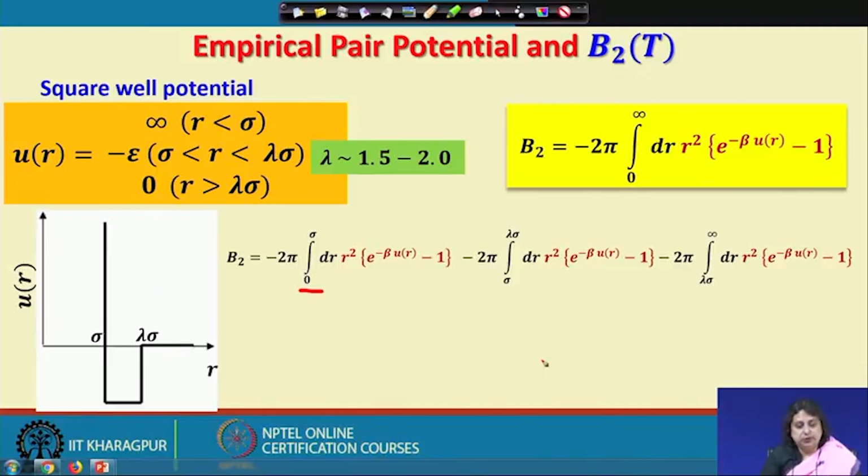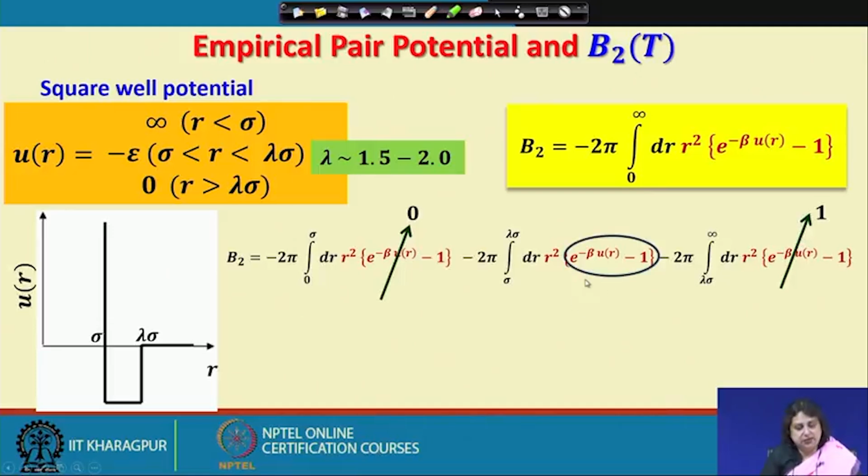One region is between 0 to sigma, another is between sigma to lambda sigma, and the other region is between lambda sigma to infinity, and that is because in the integrand the beta u r behaves differently. Now, if I examine how beta u r varies in each of these limits, I find that this term as before goes to 0, this term as before goes to 1, making the integrand vanish, and I